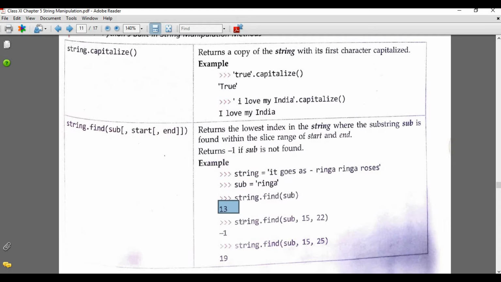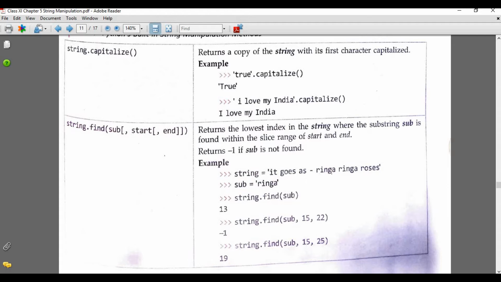Then string dot find substring, 15, 22. Now check whether this substring, this "ringa", is present in the range 15 to 22. Look at this. 13 is the index of R, then 14 is I, 15 is N. But at the 15th index there is N, not the R of "ringa".